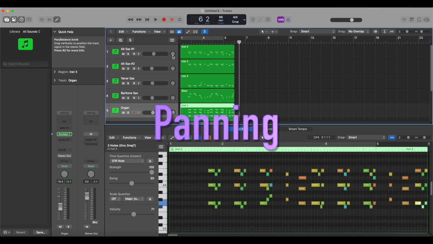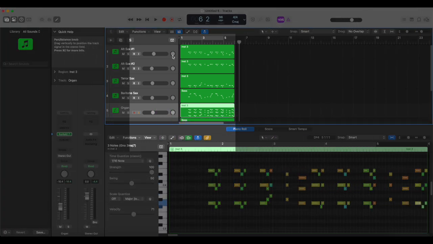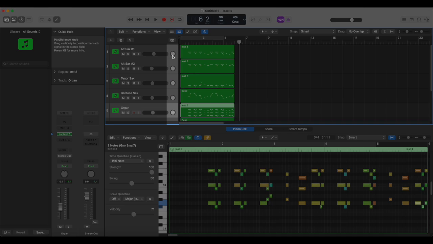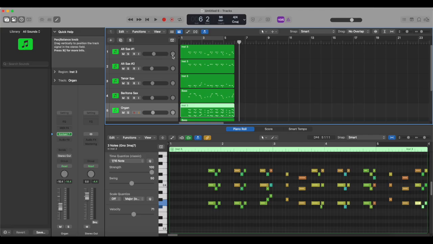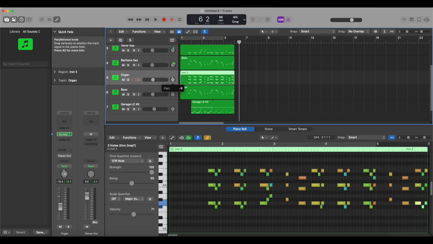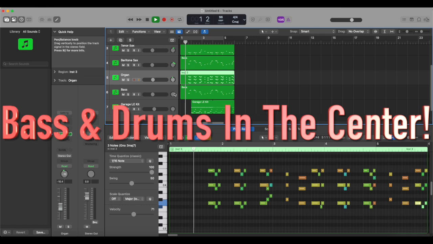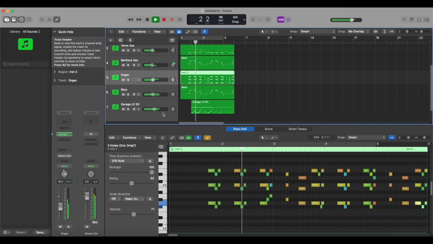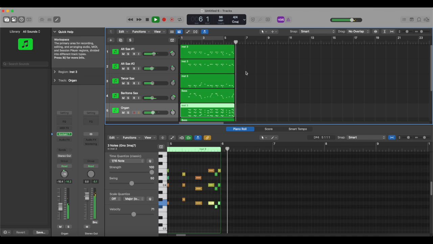Now for some panning. Everything's in the middle, but when everything's in the center, it doesn't sound as clear and it's harder to mix. Panning is the idea of creating a mix. Like if you think about your headphones, you hear things on the left side or the right side. This is what panning does. I'm panning everything except for the bass and drums. You want to keep those in the center. See the difference it